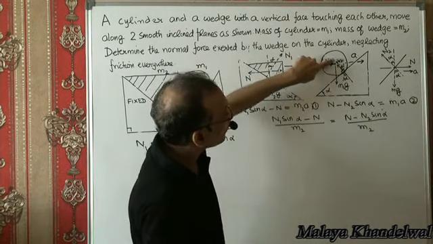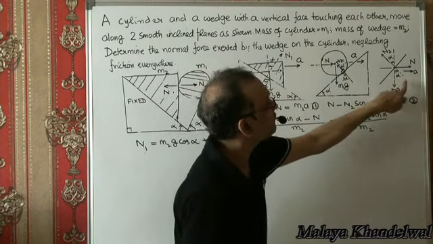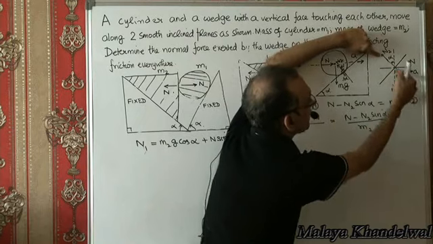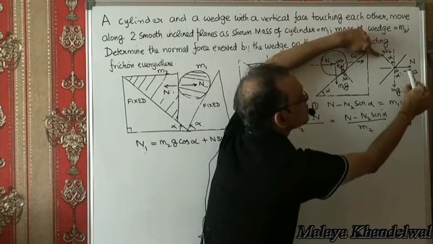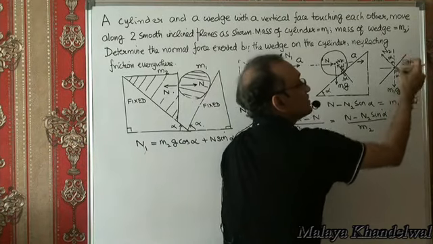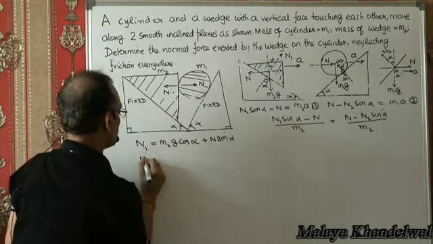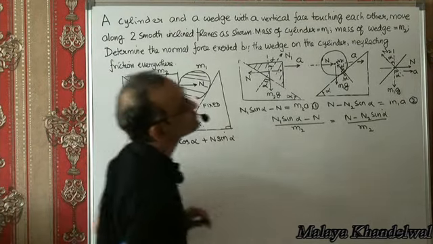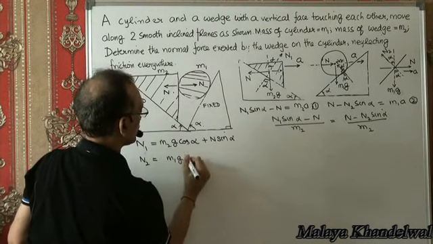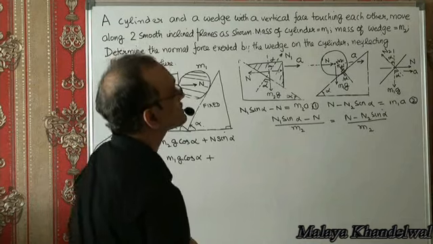That means what we have is N2 being balanced by the component of m1g in this direction, m1g cos alpha plus N sine alpha, right? So we have N2 equal to m1g cos alpha plus N sine alpha,